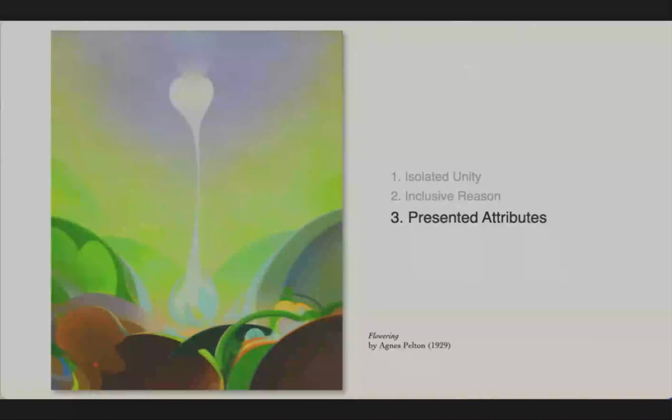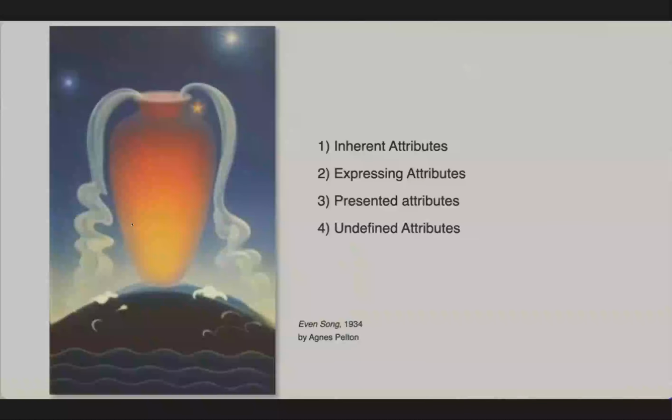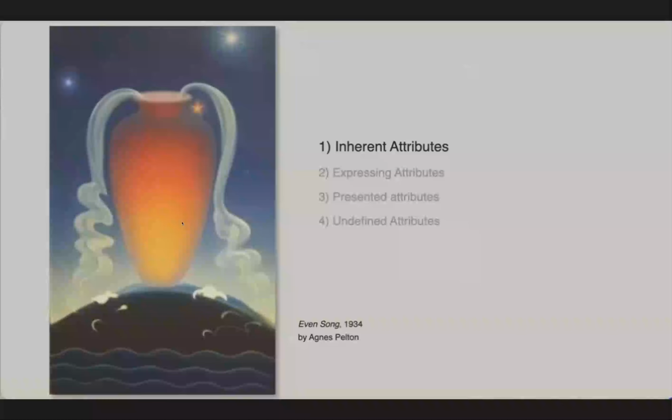I want to describe the different types of attributes. Let's take a moment to look at the 4 classifications of attributes. This is the last point I really want to get through. There are 4 classifications of attributes that have and will impact both the human and the higher kingdoms of nature. First, we have inherent attributes, which were gained and incorporated in a previous cycle of human expression.